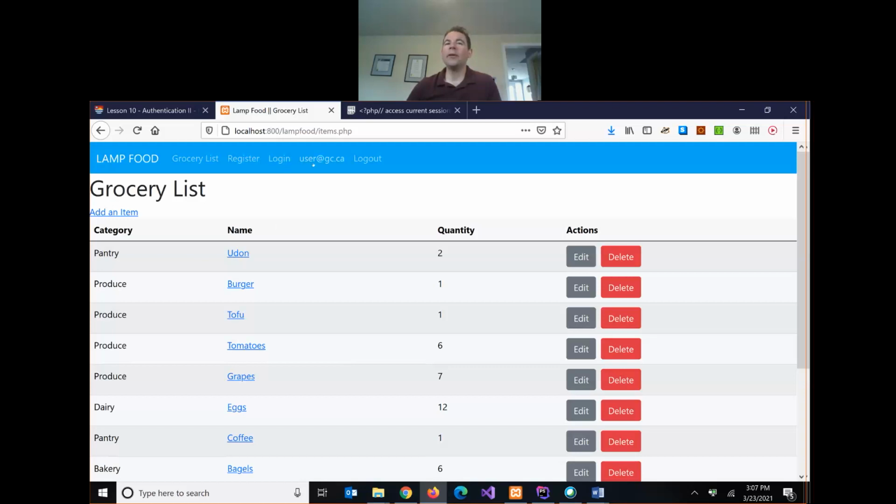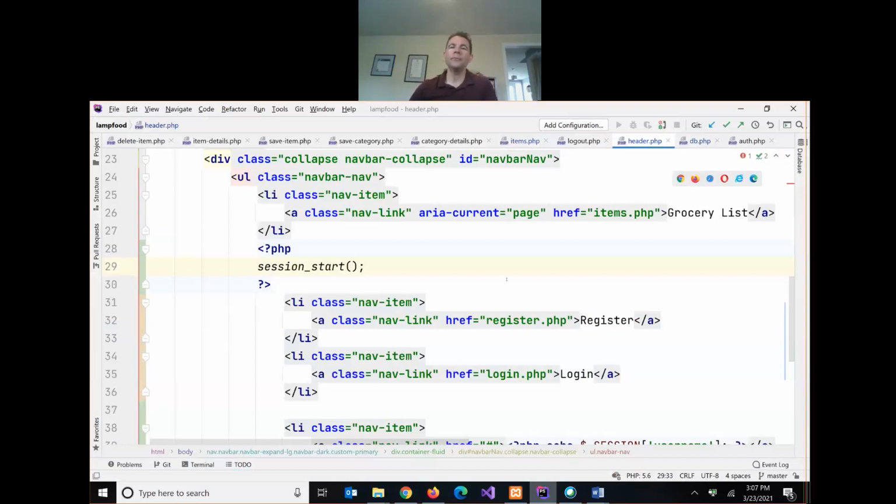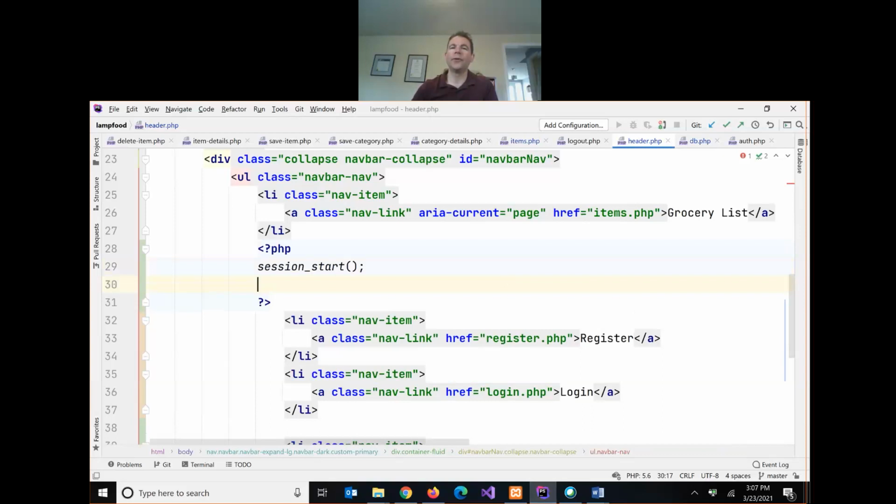So when I'm logged in, my username shows up, but now we need this if statement. We don't want to show all 4 of these links. We want to show either these or these. They should also appear over on the right side of our nav bar. So we'll do both of those things. First, we'll say if empty